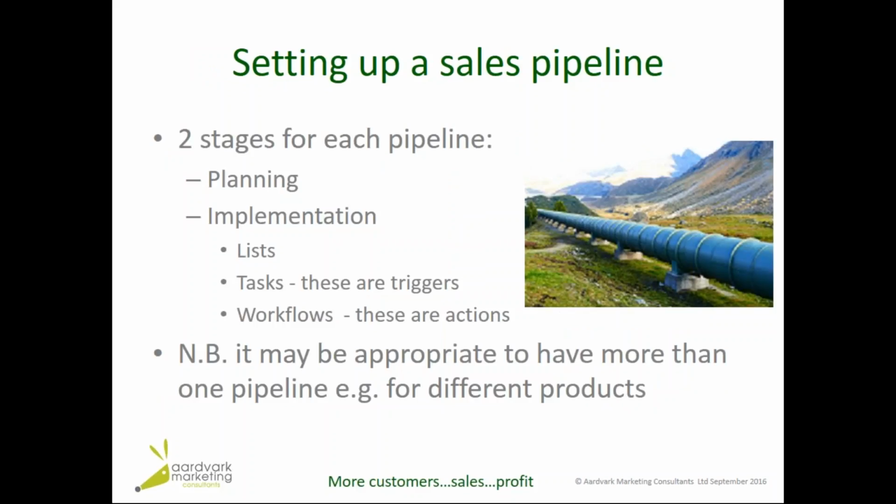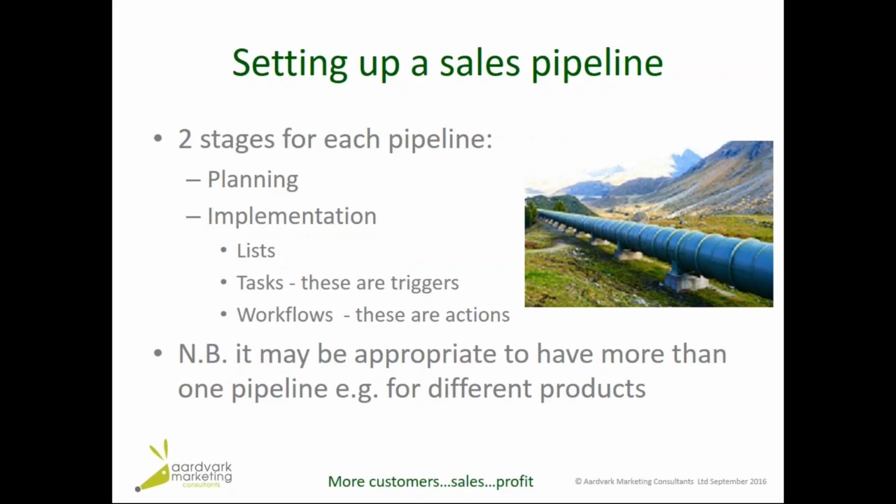Third step is to put in a sales pipeline, so you can track your leads as they go from vaguely interested in you to a bit more engaged with you to actually wanting a conversation with you. And again, for each pipeline, we plan it first. We make sure we've got that process drawn out. Everybody knows exactly what that process should be, and then the implementation is which lists, which triggers, which tasks are we going to get them to use to set them down each workflow.